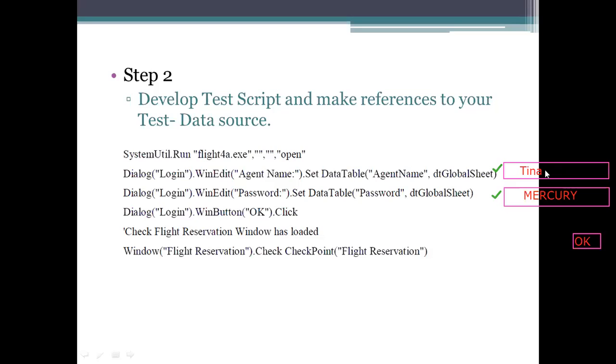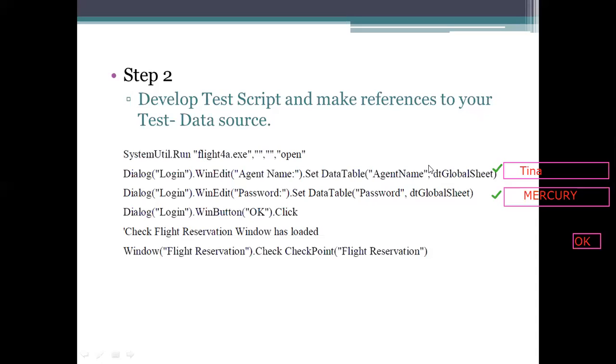So first, you need to restrict the user by entering the wrong agent name. Or you may restrict the user at the password by clicking OK, then you can specify that it is a wrong password. So here, what we are doing is restricting up to this agent name only. That is the first one. If the agent name is not there in this global list, there is no need to take the password or click on that OK. All these buttons, there is no need for processing.